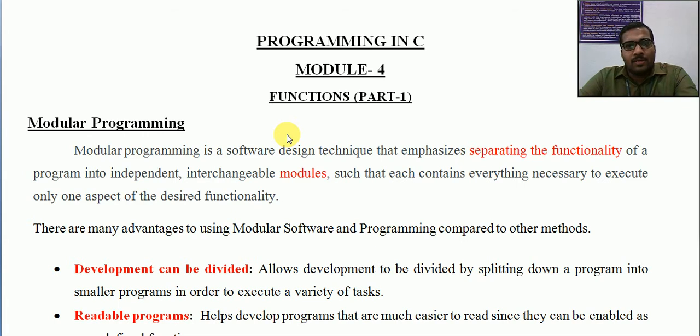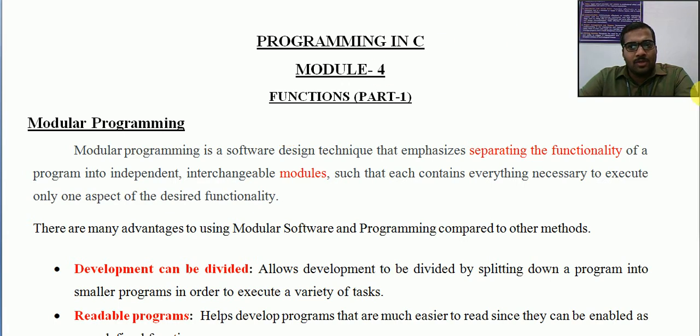So we will start the first part. Initially we will see the basics of functions and the different formats, like the syntax and other details regarding the usage of functions. Then we will have some example programs. We will see more examples in our next session. This session we will see some basics regarding functions: what is a function, where it is used, why it is being used, and what are the different ways in which we can use the concept called function.